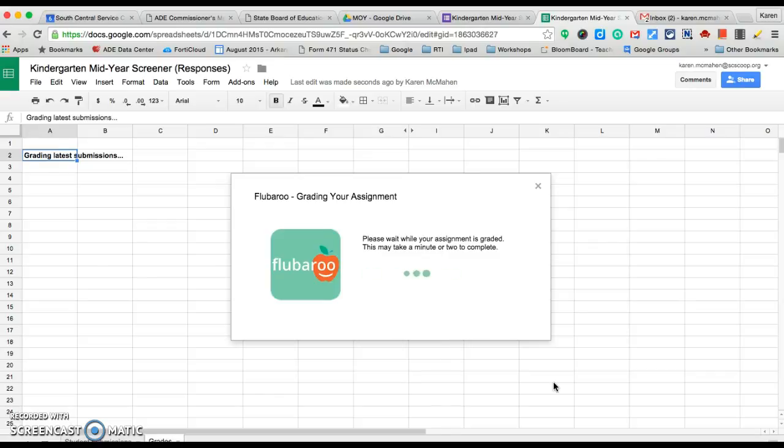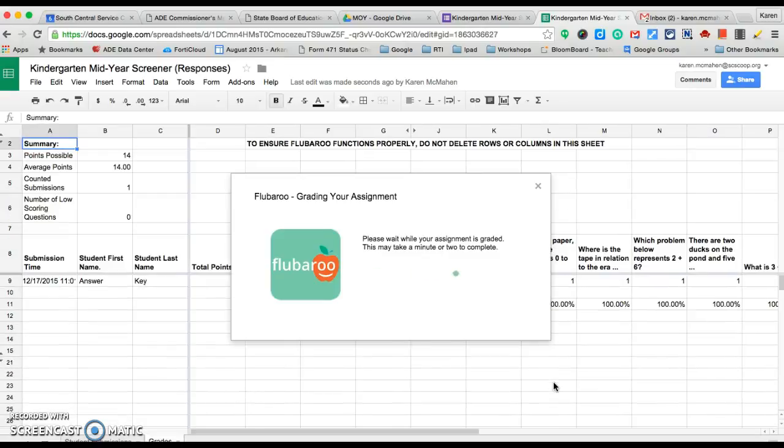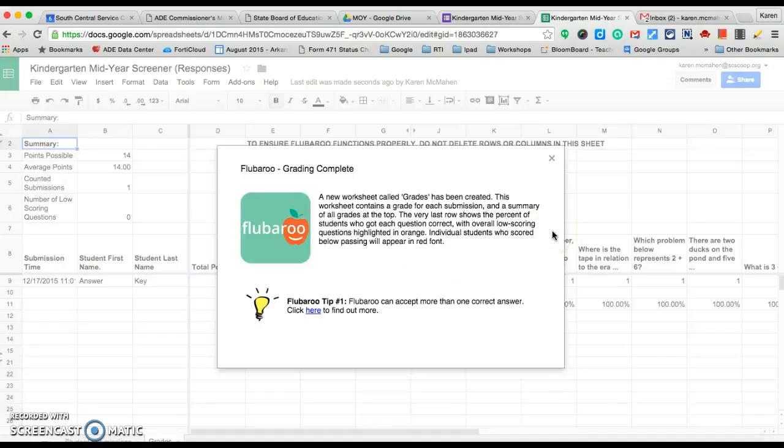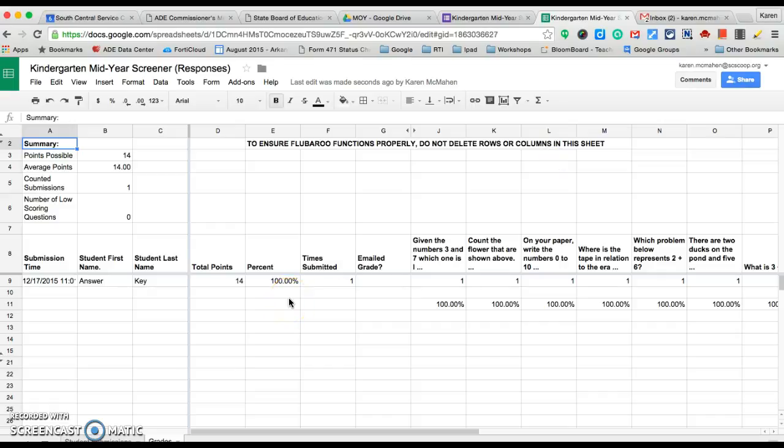And it's just going to help you know that it's doing that. There's another tip. It can accept more than one correct answer if you have that particular thing, but in this particular submission, we're not. So now all of a sudden you can see